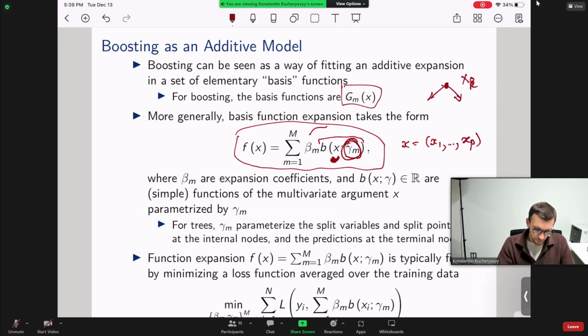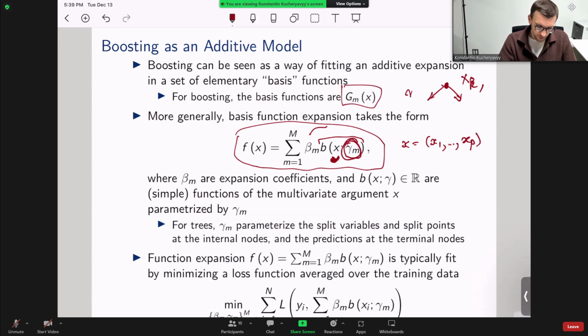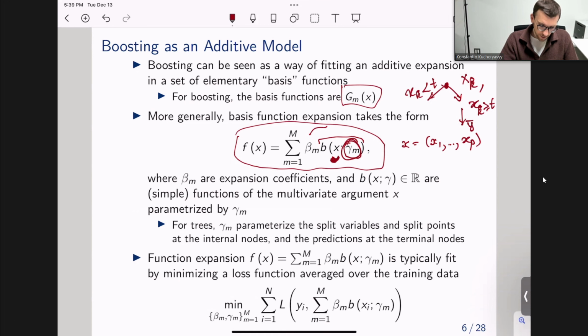And the threshold value that we used for this variable, and the value that we assigned in each split for observations coming to that region. Left, right, like this. So that would be all recorded in gamma: index k, threshold value t, and then left, right values. Then,